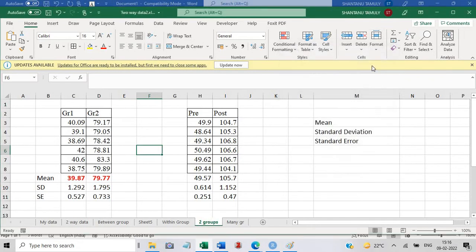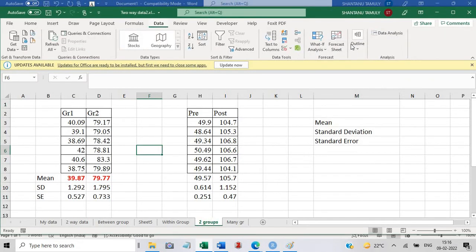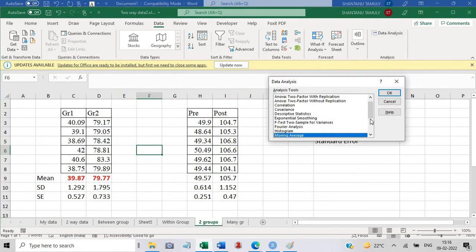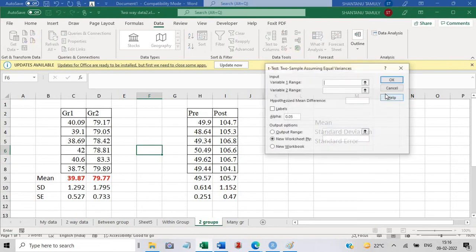Now we come back to here. We click Data Analysis. After clicking there, you select the t-test. The first one, t-test: Two-Sample Assuming Equal Variances. Select this one, click OK. Now you have two edit boxes, Variable 1 and Variable 2.